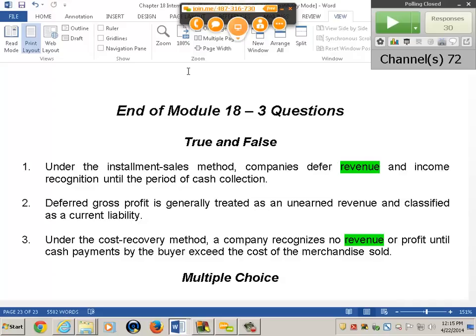Because if revenue was deferred, then when you collected it, what would you have to do? You'd have to debit cash, credit revenue, debit cost of goods sold. So we've pretty much collapsed it into that deferred gross profit account. So we didn't defer any recognition there. We just,